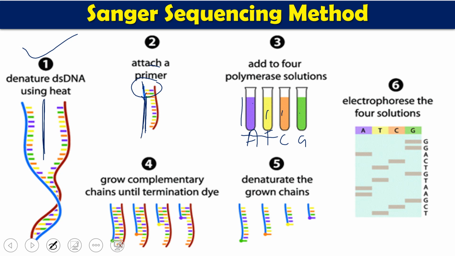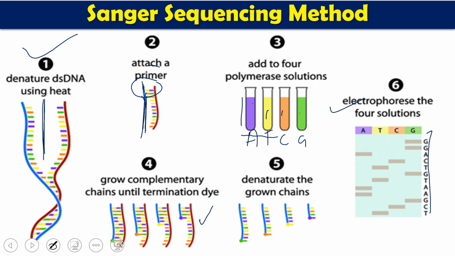Once the chain is elongated, we will get a double-stranded DNA. After that, you have to again denature the DNA, so both strands will be separated. And then we are going to do the electrophoresis. After electrophoresis, we are going to see the bands of the specific sequence of the DNA with the help of autoradiography or color production, and then we are going to evaluate the DNA sequence. So these are the 6 different steps.